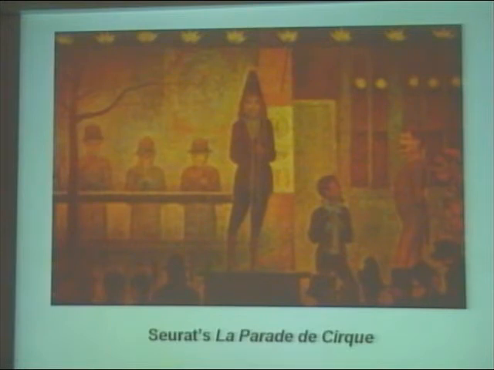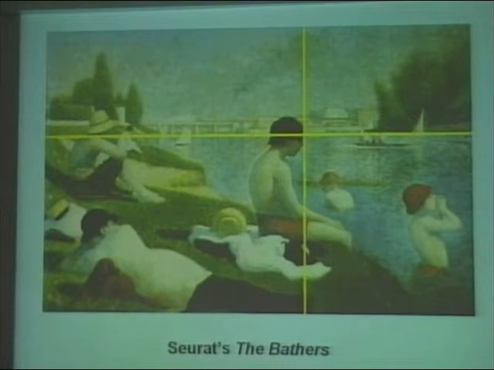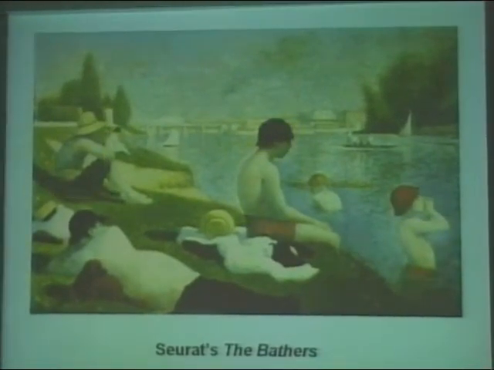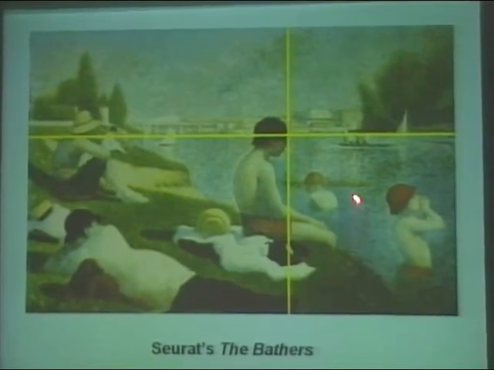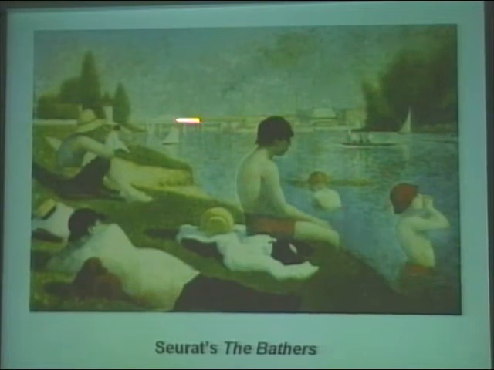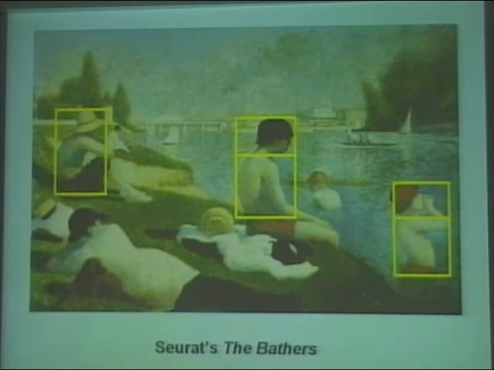Seurat didn't do that accidentally. He knew it. You don't do that sort of thing accidentally. This was intentional. And here is another example, again by Seurat, called The Bathers. And the whole thing is a golden rectangle, and it can be divided, as we see here, into squares and golden rectangles, and it's got golden rectangles which are involved in the various figures of the painting. Seurat was fascinated with the golden rectangle.